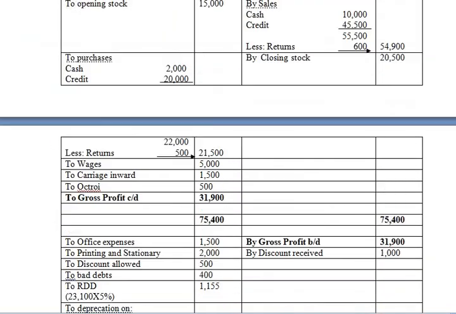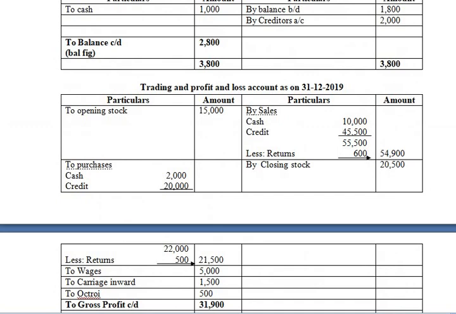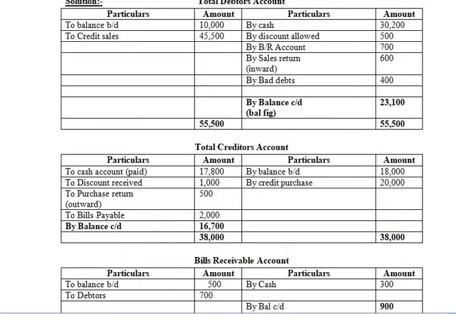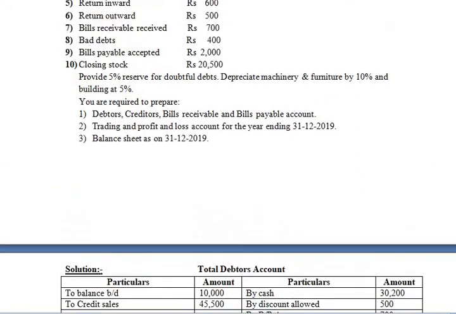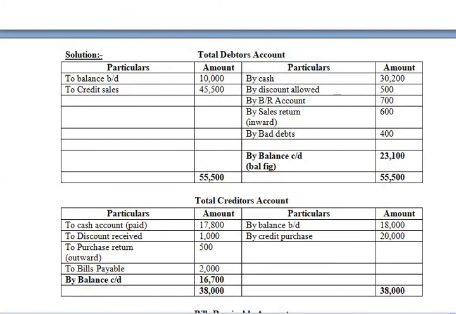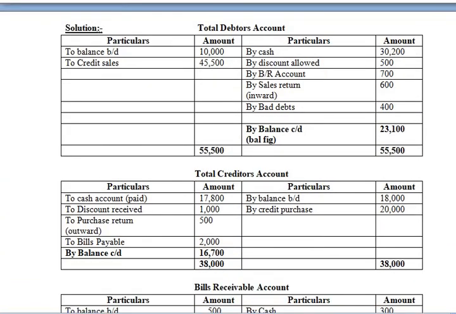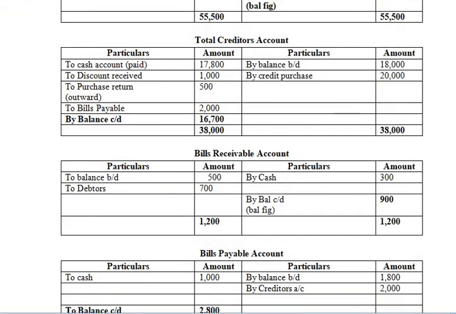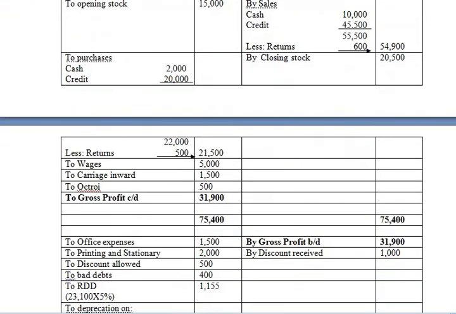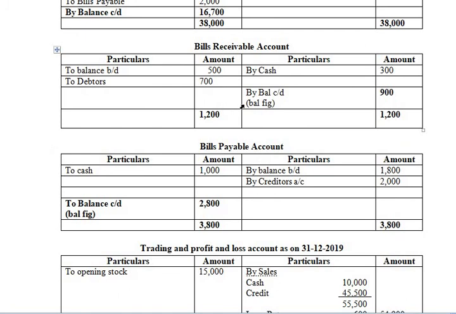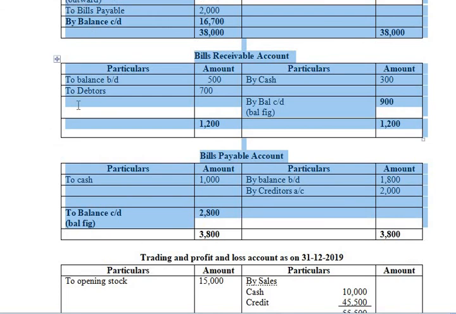I hope you have understood today's question and the way we have solved the problem. It is same like final accounts what you have studied in your PUC 1 and 2. Still, if you have any doubt, let us know. Just check the question once again, go through the video correctly. And if at all there is any query, please let us know. Apart from the bills payable account, there should not be any other query. But still, if you have any doubt, please let us know.